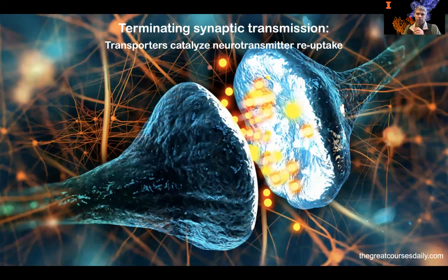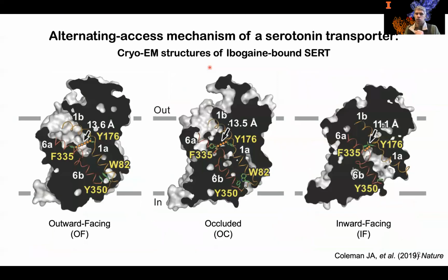The second story I'm going to tell you about involves a neurotransmitter transporter for serotonin. It's called SERT. It is the target of antidepressant drugs. And like many other transporters, the SERT transporter uses an alternating access mechanism. So these are slices through the structure here, where serotonin outside the cell can gain access to an outwards facing cavity, binds in a central substrate binding site to form an occluded conformation, and then an inwards facing cavity can open. Serotonin can then leave and enter the cytoplasm to complete the import process.